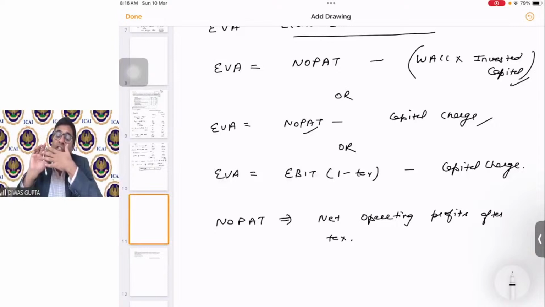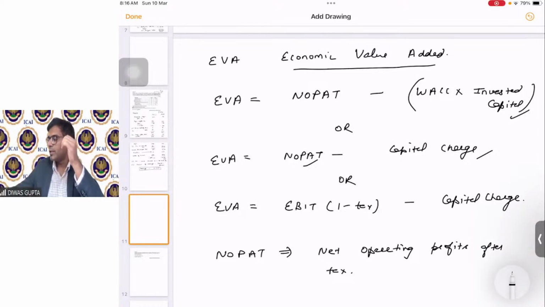And why are we taking only operating profits? Because that is my future maintainable profit, or the real performance of the business. Why are we taking after tax? Because tax goes hand in hand whenever I earn from business. It is a cost of doing the business, so I have reduced tax for calculating the EVA. Whatever extra I am able to earn over and above the capital charge is called economic value added, students.